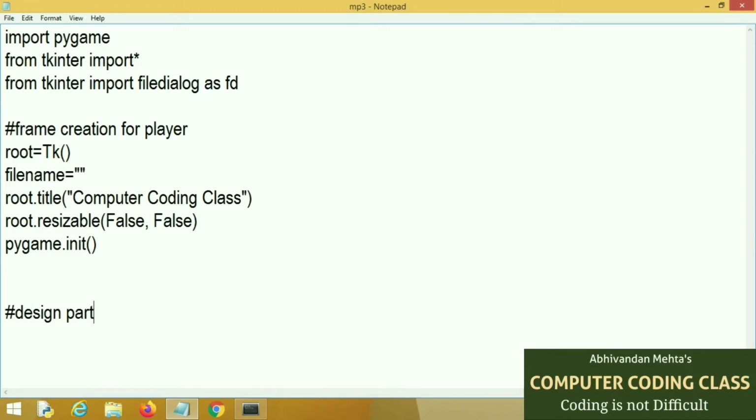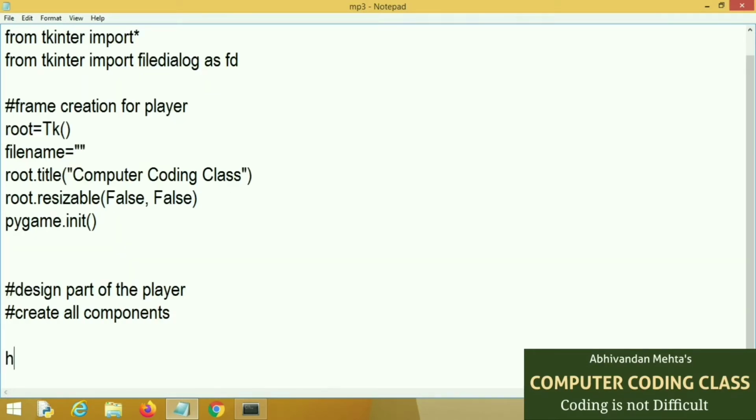Second part is the designing part of the player. Here we will create all our components like play button, stop button, exit button, like this. First component is the header. Here I will use a label.